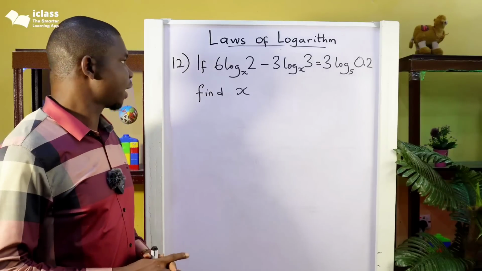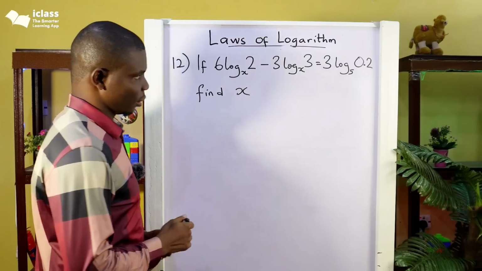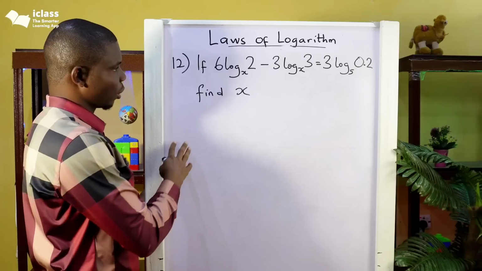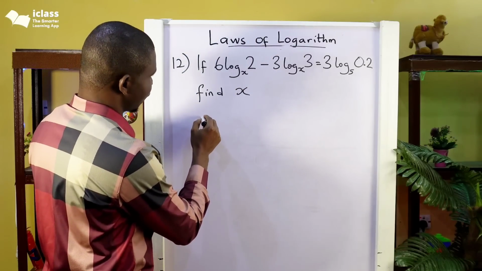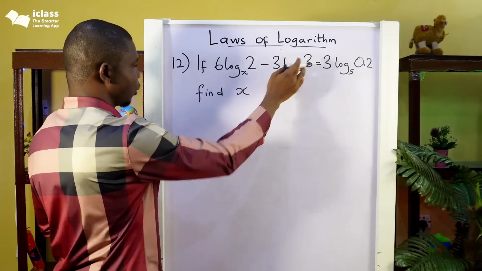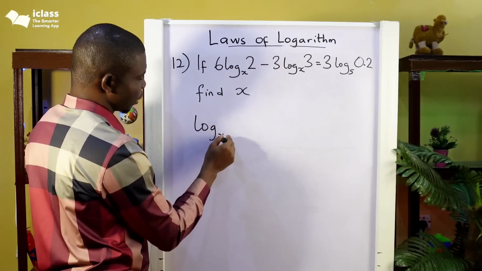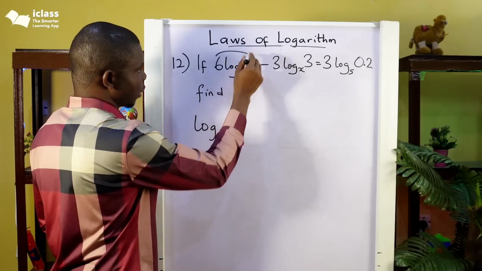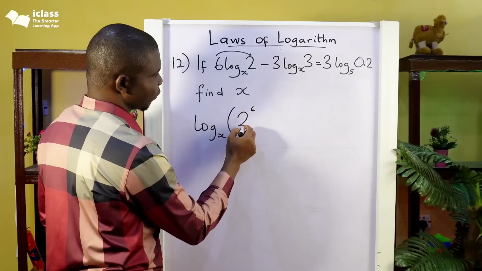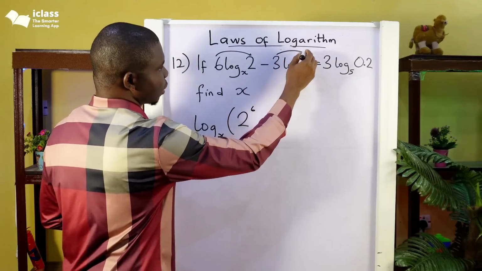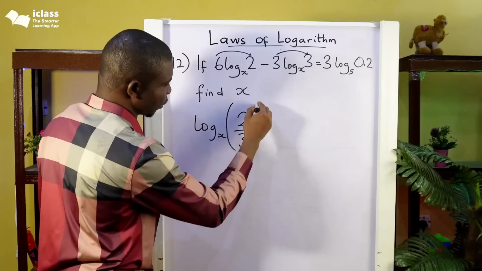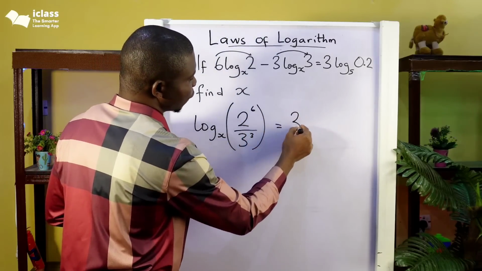Number 12. If this logarithm is equal to 3 log 0.2 base 5, find x. All right. So we have logarithms of the same base. We are subtracting, so we can multiply the argument. So this will give us log base x. You know, this 6, I can take it here to be 2 raised to power 6. I'm dividing the argument. Divide by, you can take this 3 here to be 3 raised to power 3. So we have 2 raised to power 6 divided by 3 raised to power 3 is equal to 3 log